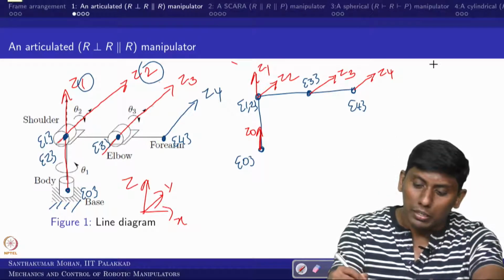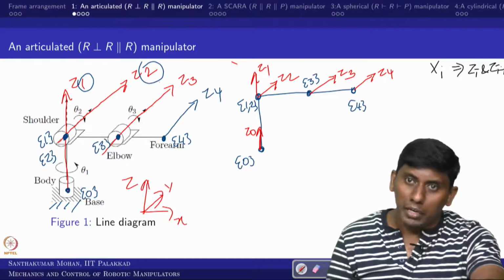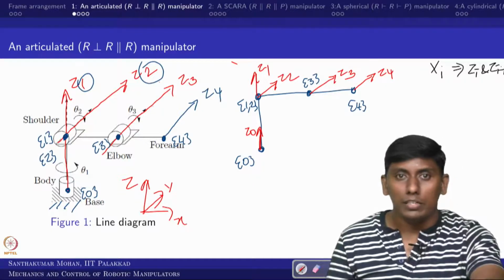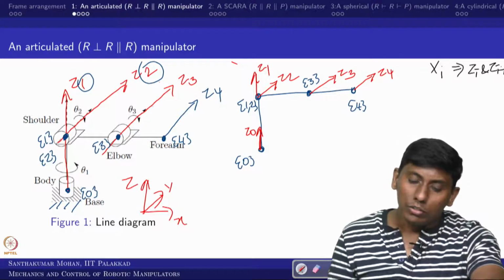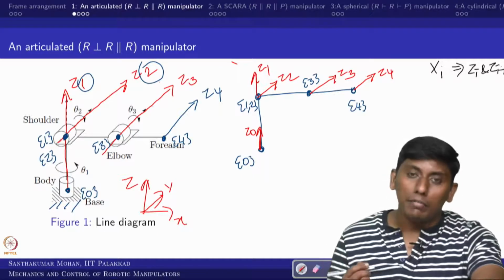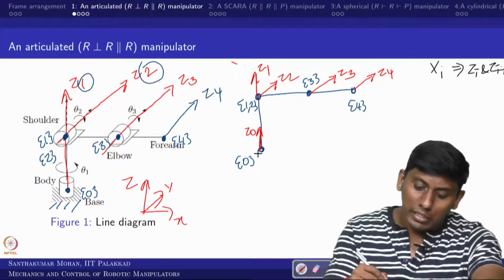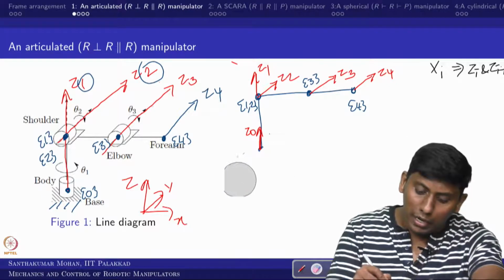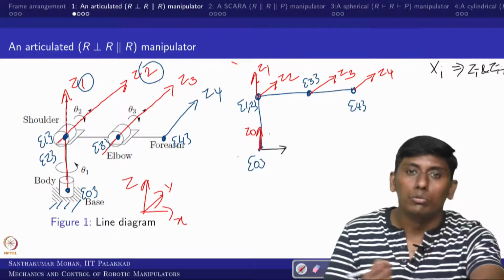For fixing the X axis, Xi you have to see based on Zi and Zi plus 1 coordination, right. So what is the X0 configuration? That needs to be seen with Z1 and Z0. What is the Z1 and Z0 nature? These two are parallel, in the same line. So in the sense you can take X0 anywhere, orthogonal to Z0, in this plane anywhere you can take. I am taking a very simple idea, what we used to do conventionally.